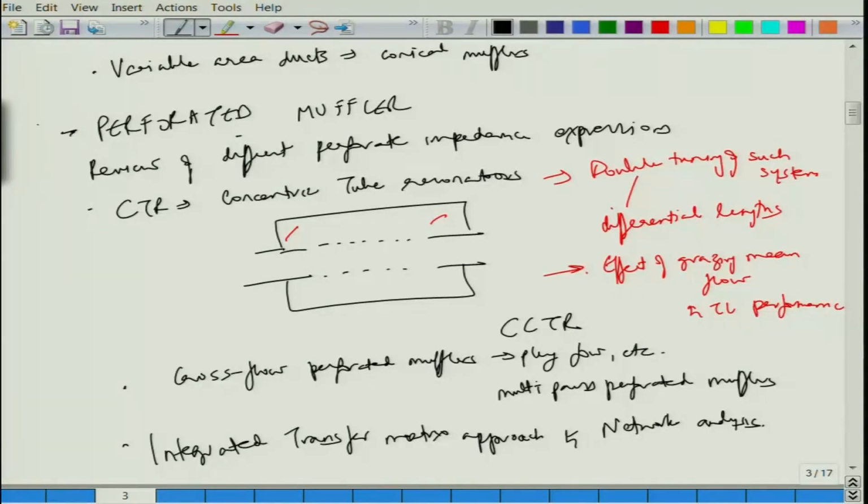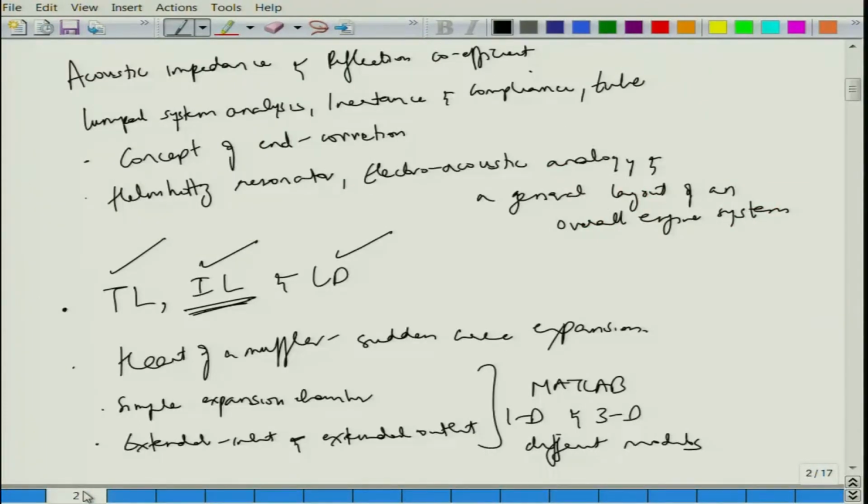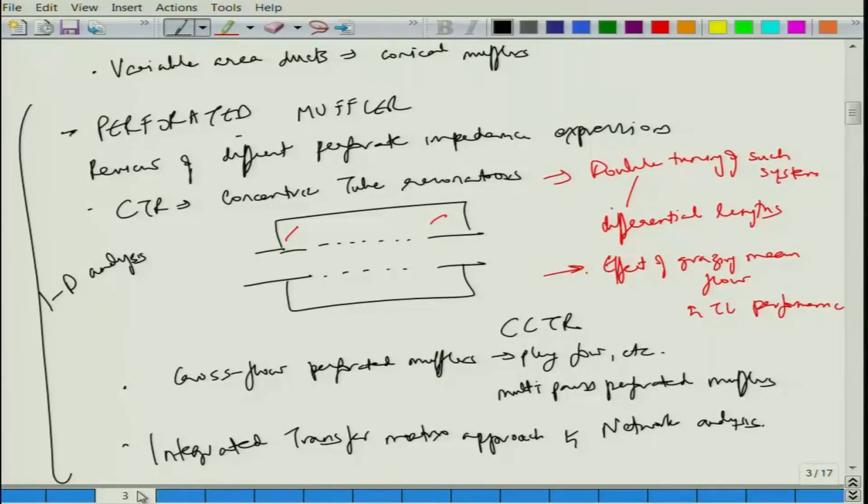We did detailed development of all these things, but all of it was done within the category of one dimensional analysis, with the understanding that higher order modes are generated at such things, but we are taking into account the effect of higher order modes through some end corrections which we just briefly mentioned. Okay. So 3D analysis of such things has not yet been done, and we just did the 1D analysis, and